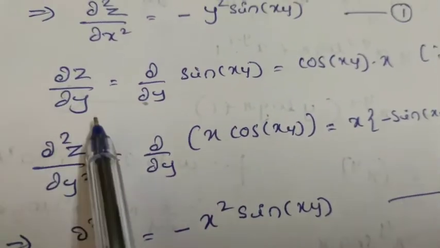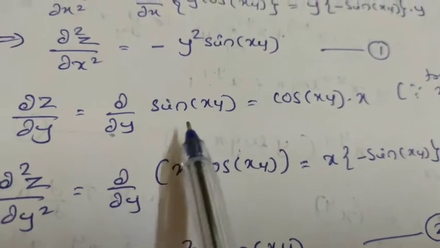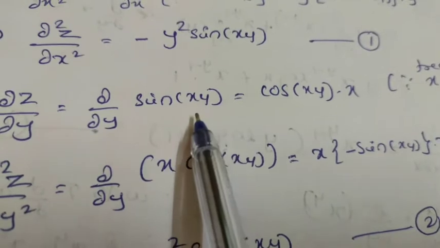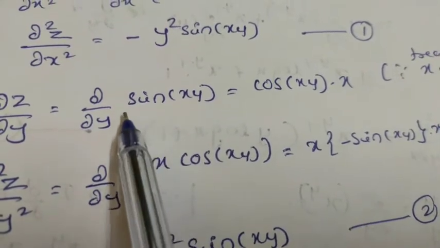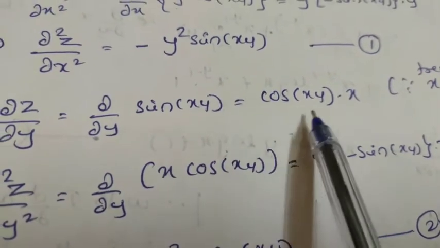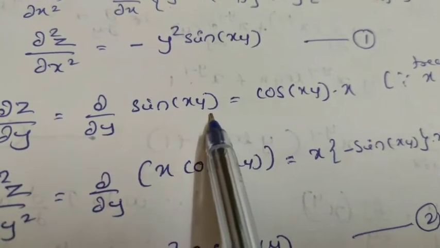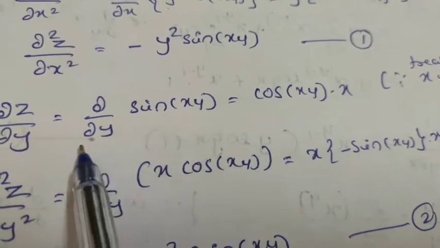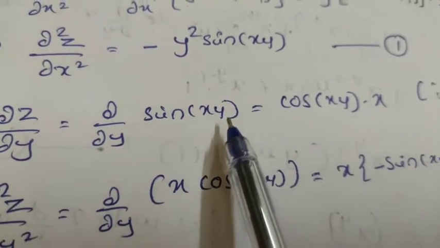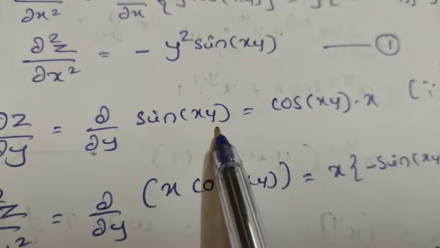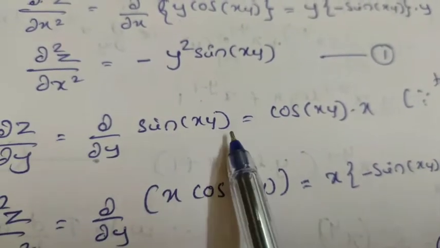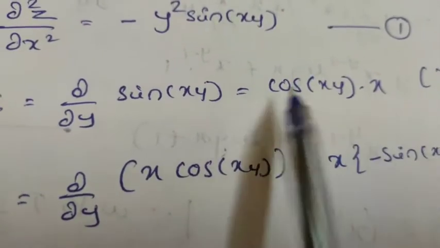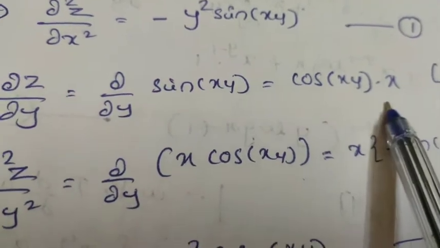Let us take ∂z/∂y, which is equal to ∂/∂y of sin xy. Here we are differentiating partially with respect to y. First you differentiate with respect to the function, that is, the derivative of sin xy is cos xy, then the derivative of xy. It is a composite function. You have to differentiate this once again. The derivative of xy partially with respect to y means y is the variable in this case. So x is constant, keep x as it is. The derivative of y with respect to y becomes 1.